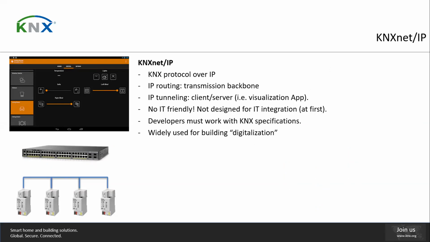protocol, which has been also in the market for more than 10 years, if I'm not mistaken. And the main highlight of the KNX NetIP is basically the same structure of the telegram over twisted pair, but encapsulated in an IP telegram. It is mainly used for routing as a transmission backbone, but it's also used in the form of tunneling, so client-server. So, for instance, you have a visualization app working on the IP side that is able to communicate